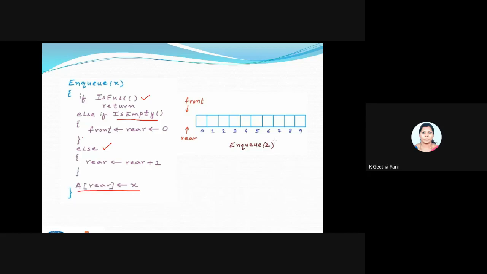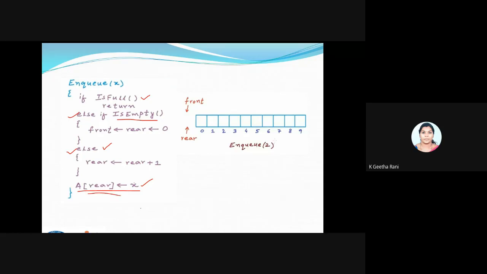For everything, the common step is putting the value at the rear. So I gave it after my if block. This particular line suits both this else if and this else, so I made it a common statement outside of my if block. If my queue is empty, with nothing inside it, I will just add the data. That is my first block. In the other block, if I'm having something inside my queue, I will just increment the rear pointer and put the data at the specified rear index.